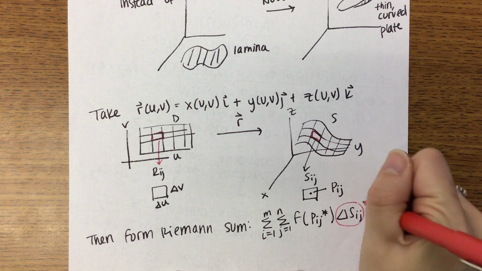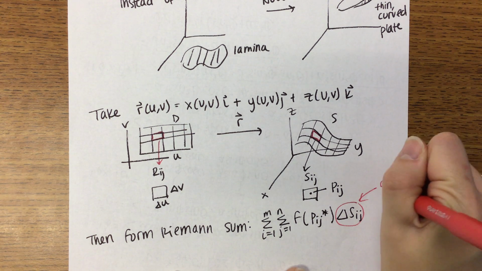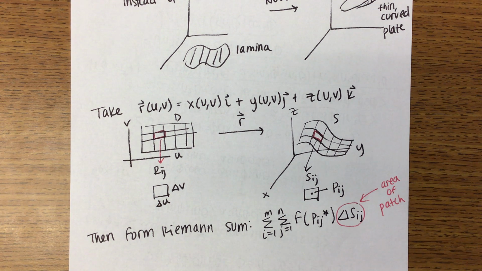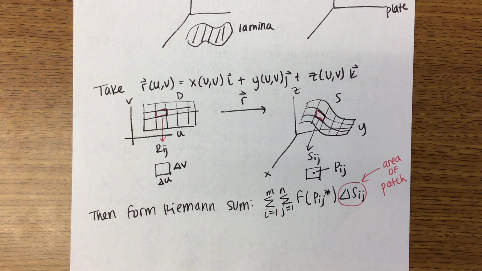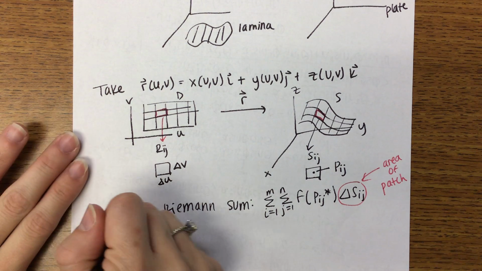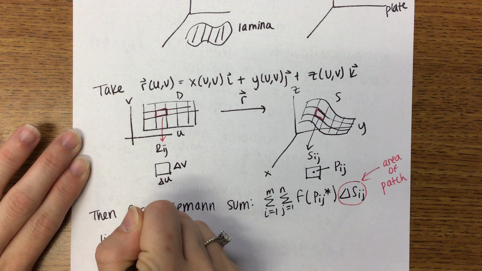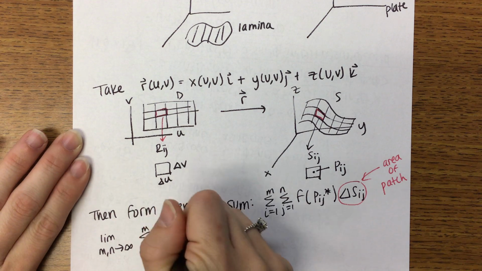It's important to know what that stands for. That is the area of the patch. That's going to help us later when we talk about how to integrate this, or how to evaluate it, rather. So then with all the Riemann sums, we always look at what happens as you take the limit, so as you get smaller and smaller intervals and more of those boxes. So if we take the limit as m, n approaches infinity, the sum from i equals 1 to m, so the same sum that we just wrote down,